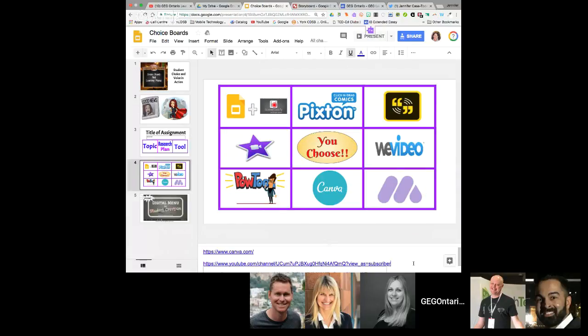But what I really want for them to do is do some exploration. I want them to play. I allot time for kids to play with each of these tools before they choose the tool. But I also put a you choose in the middle, because I know that for some kids, maybe they have a different idea completely, and I don't want to stifle their creativity. So there's always a free choice in the middle. So that's a very simple choice board that will allow your kids to choose any tool they want to demonstrate